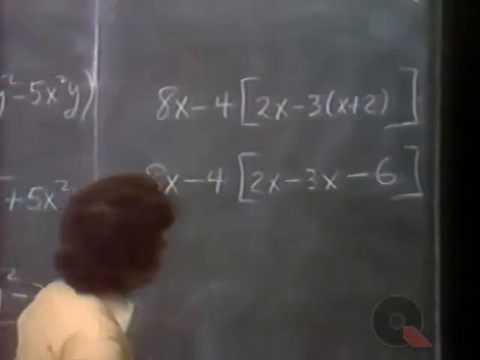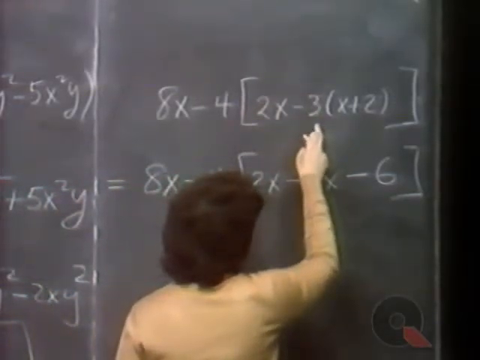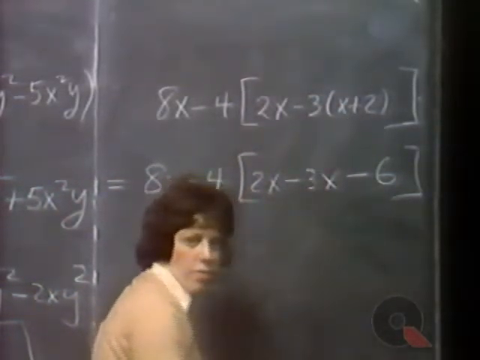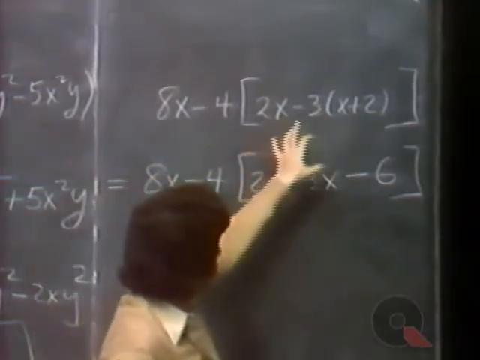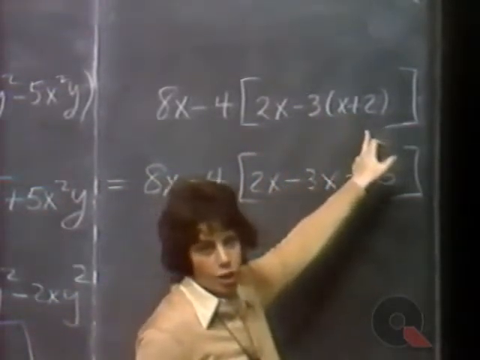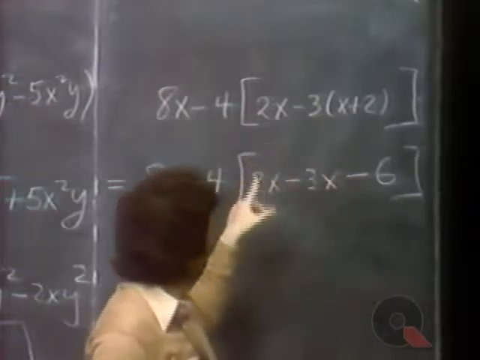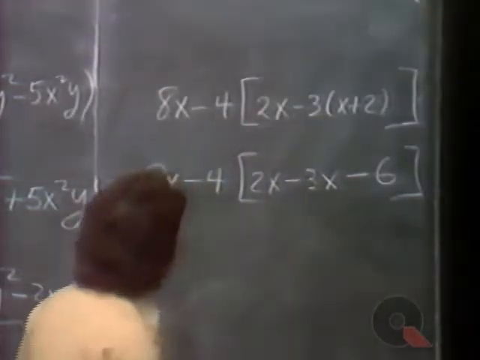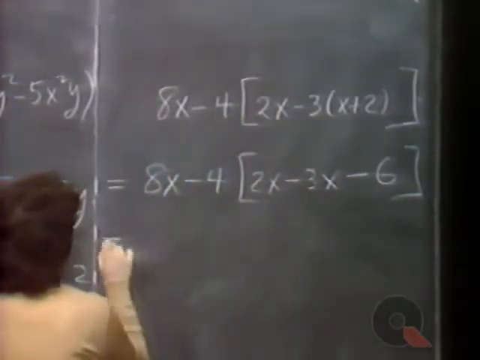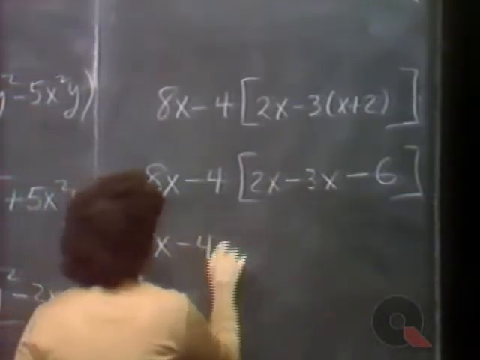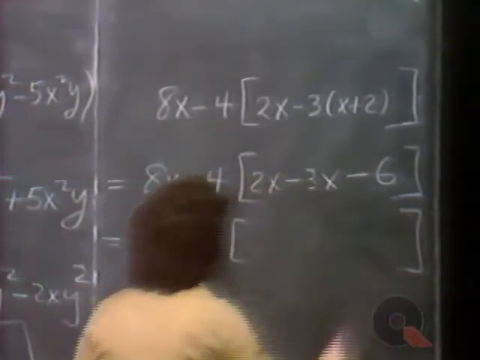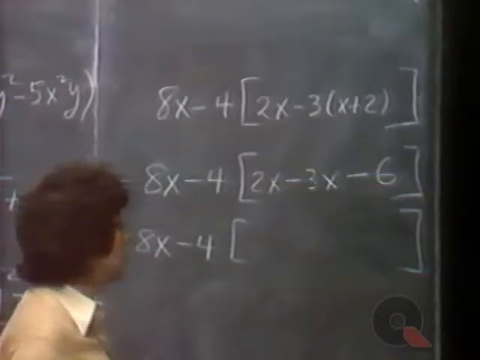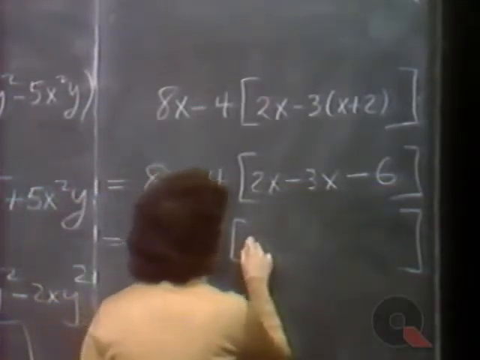Remember, by the way, there's no ambiguity here. We're not talking about 2x minus 3 times x plus 2 in parentheses like that. Okay? According to order of operations, first this multiplication will be performed. Okay, and then you'll be adding the 2x. Now, within the brackets, 2x minus 3x, those are like terms we can simplify, giving us minus 1x